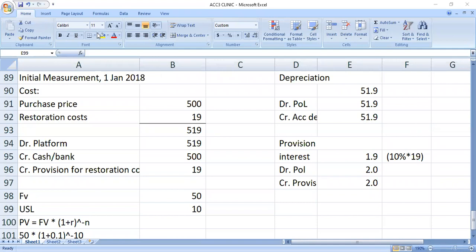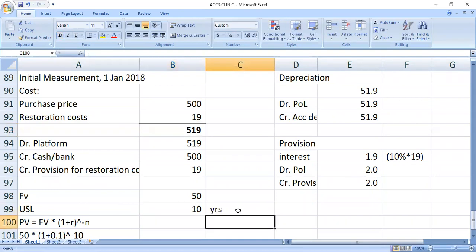Sorry about that, the network. Yes, I was asking where you're getting the 52 flow on depreciation. Depreciation, you have said you're given the cost. Okay, this is the cost, and you were given the useful life of the asset. They said it's going to take 10 years. And after 10 years, the asset will be useless. Hence, the useful life is 10 years. It's here, useful life, 10 years.